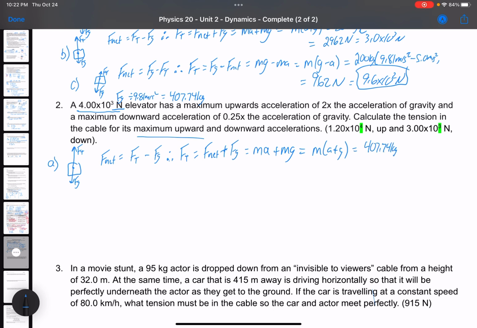407.74 kilograms times 9.81 meters per second squared. And then if it has a maximum upwards acceleration of 2 times the acceleration of gravity, I need to take the acceleration of gravity and multiply by 2. So plus 19.62 meters per second squared. So my force of tension is equal to